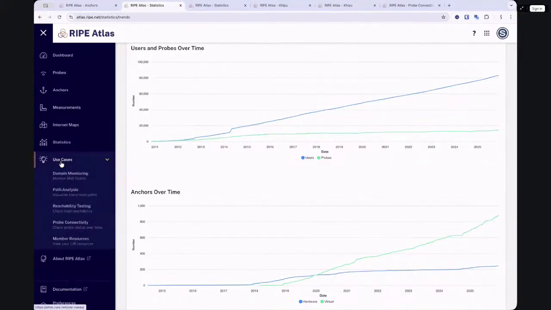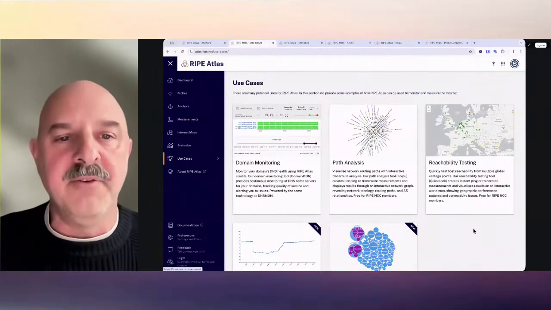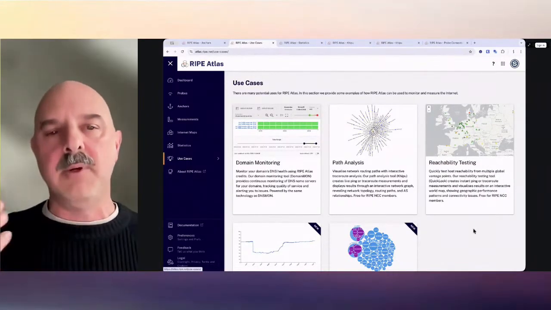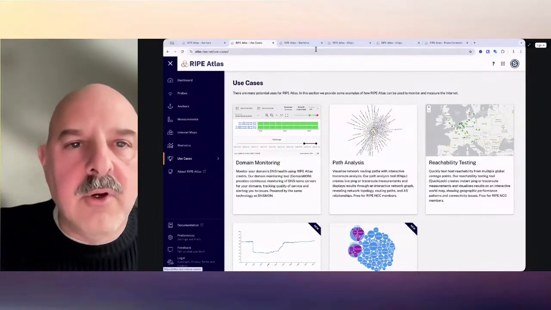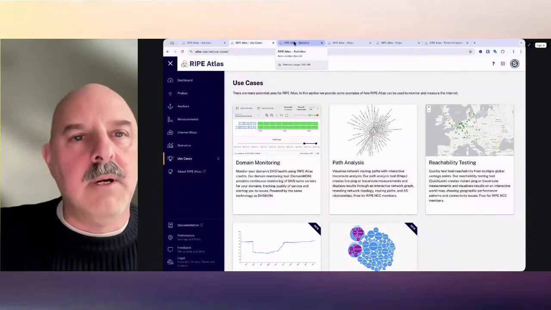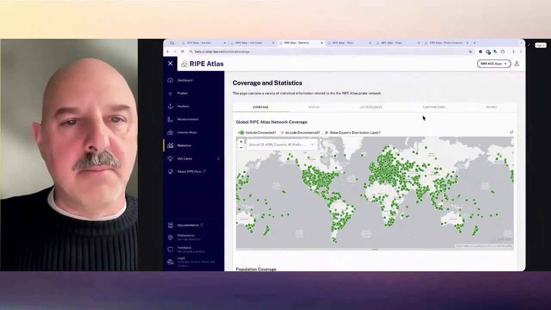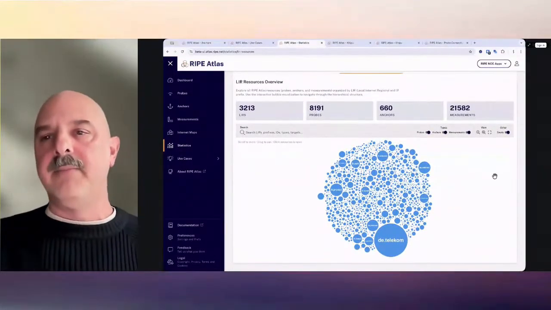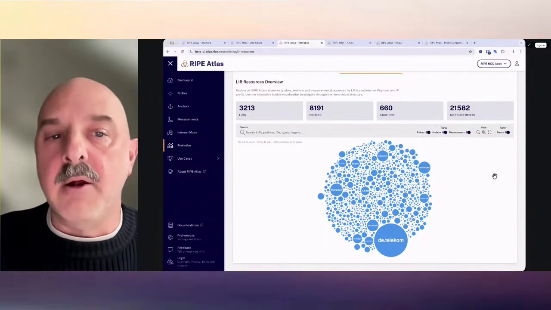Moving down into a new section that we have been developing, we have use cases for Atlas. It's been our goal recently to try to make Atlas use cases more obvious and more usable, so people really have a clear visual sense of what's happening within Atlas. I'm going to show you a couple of the other use cases right now. One of them, actually, is a new statistics thing that we'll be releasing next week. This is on our beta site, which is why it's not yet on the production site, but it'll be there next week. We have a view of all of the Atlas resources that are within various LIR members in